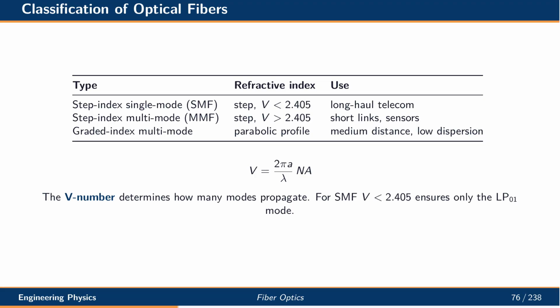Optical fibers are classified by their refractive index profile and number of guided modes. Step index single mode fibers carry only the fundamental mode and are used for long-haul telecom. Step index multi-mode fibers carry many modes and are used for shorter links and sensors. Graded index multi-mode fibers have a parabolic index profile that reduces modal dispersion. The V number, a dimensionless parameter, determines how many modes propagate. A V number below 2.405 ensures